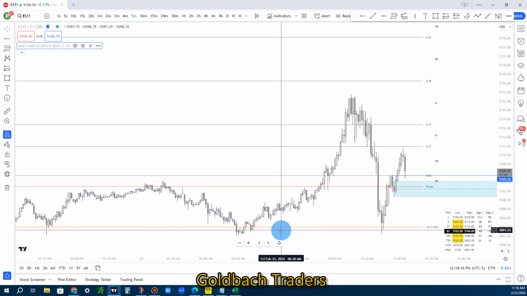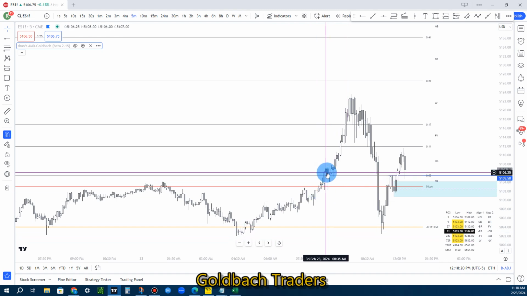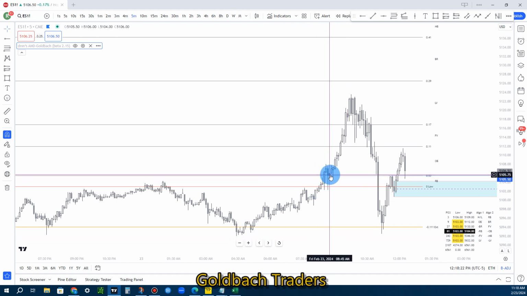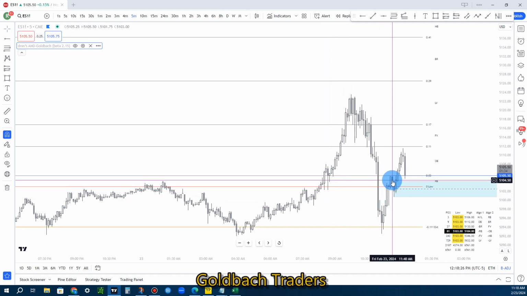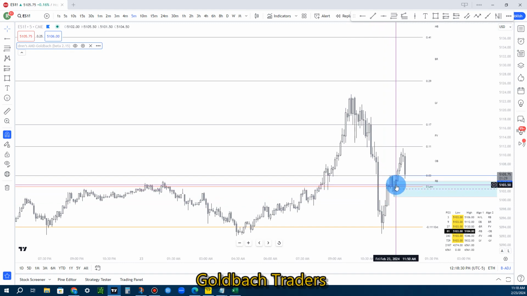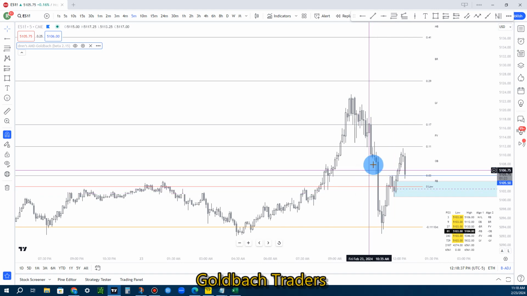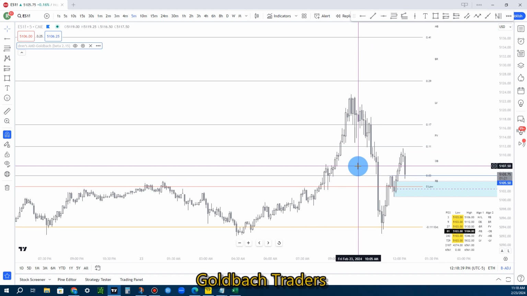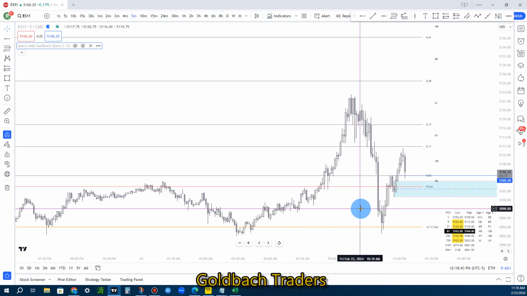Now, here we are. On this candle right here, we had a close, and then on this candle, we had an open. It was right on that line. If you look at the top of this candle here, it was right on that line. If you look at the top of this candle right here with the wick, it's right at that line. So to me, this is close. To me, it's respecting the 81 power of 3